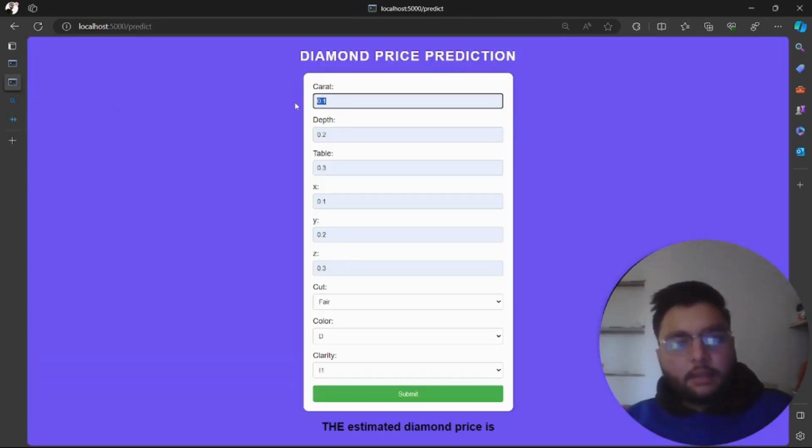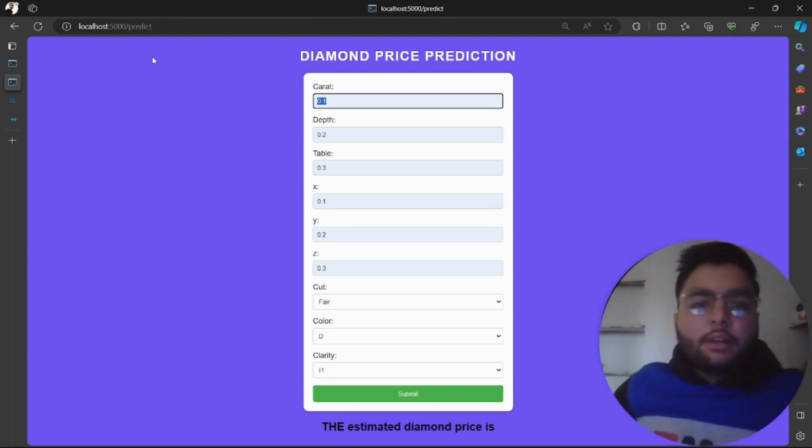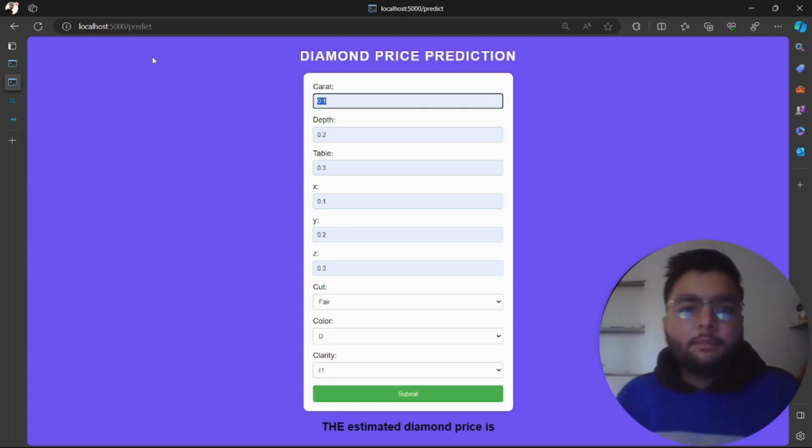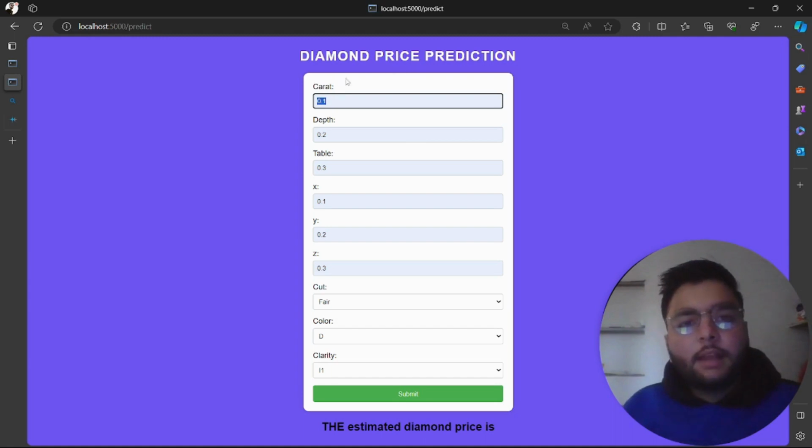The first factor is carat. There are lots of features available for deciding the price of a diamond, but we have used only these 8 to 10 features, because this is more than sufficient to predict the price, as these are the major features which decide the price of a diamond.